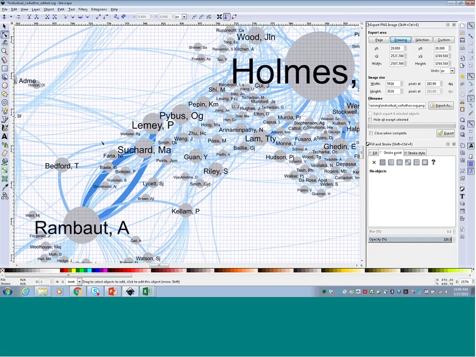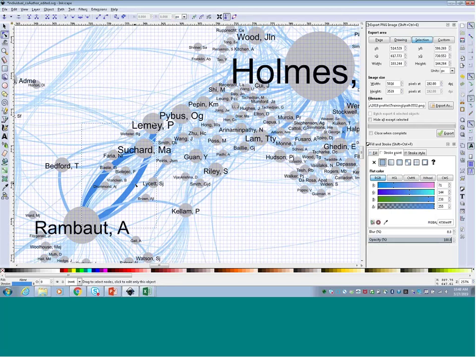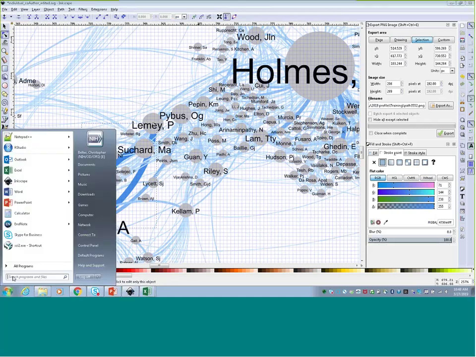Click on the selection tool, and then click on the individual page, and that will bring up the stroke paint and the stroke style. Sometimes I find it helpful with some of this to actually create a little Word document where I keep some of these values while I'm working with them.